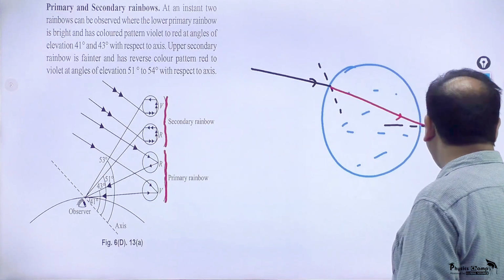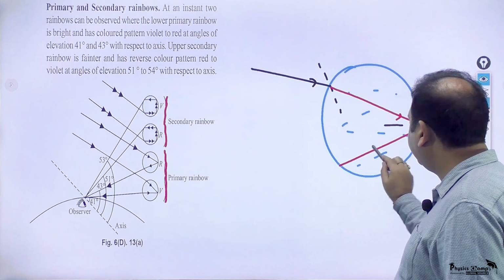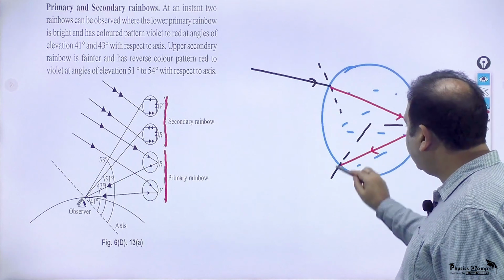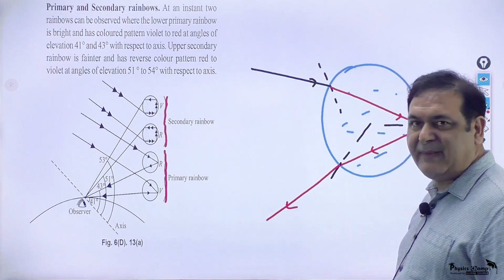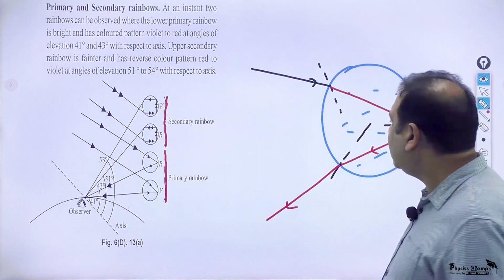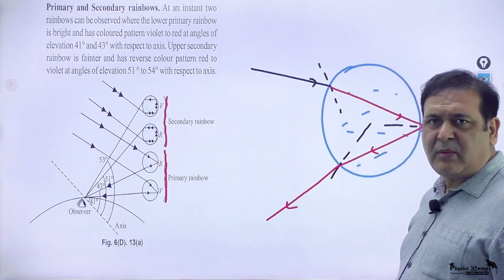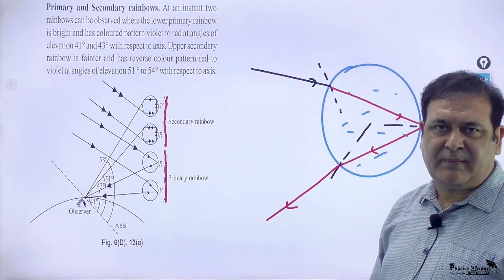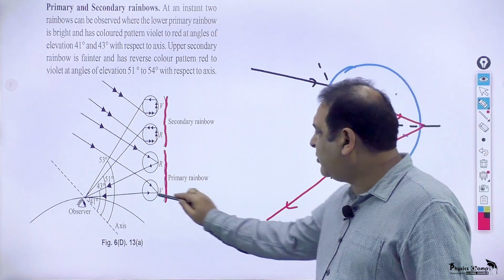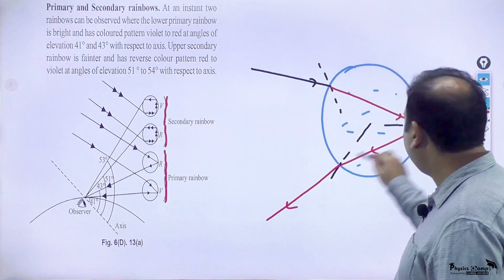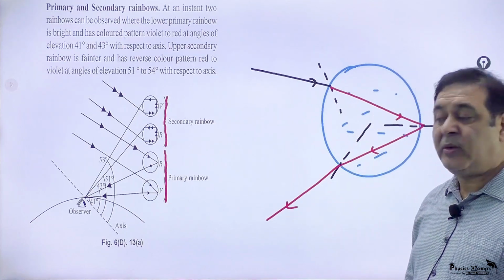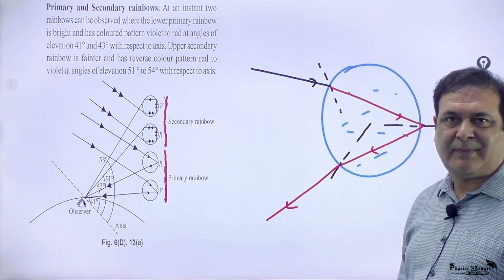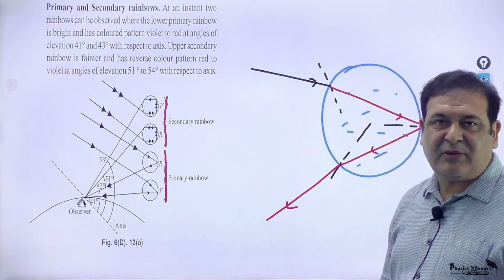Again here, it partially refracts and partially reflects. And again here it is normal. It partially reflects and partially refracts, bends away, and then it reaches you. So in this primary rainbow, on every water droplet, there are 3 times partial reflection and partial refraction. So the light which reaches you is after the 3 refractions. On the other hand, there is 3 times loss before it finally reaches you.